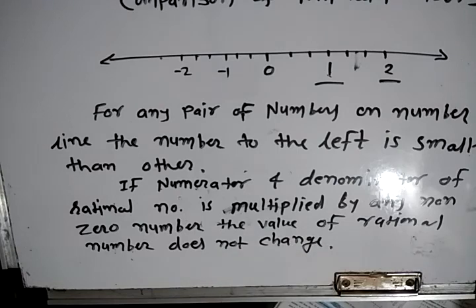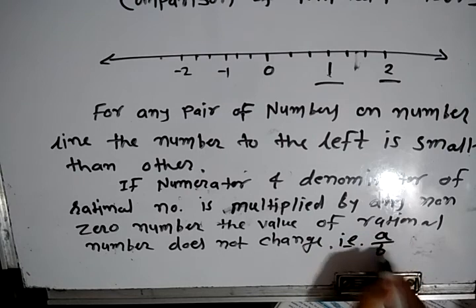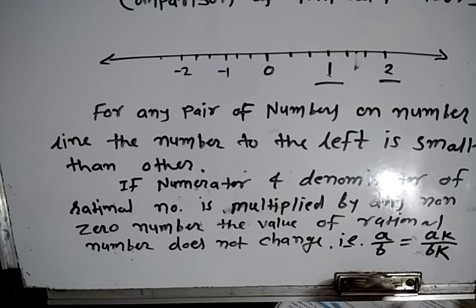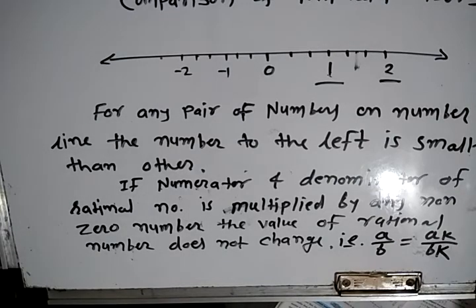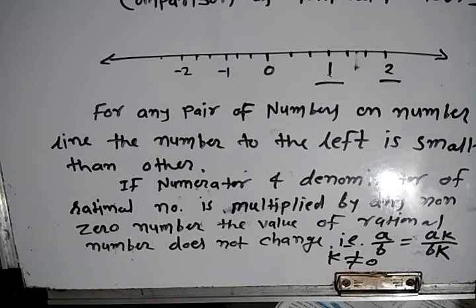This is very important. That is, A upon B is equal to AK upon BK, where K is not equal to 0. The value of K is non-zero. This is a very important property. If the numerator and denominator of the rational number are multiplied by any non-zero number, the value of the rational number